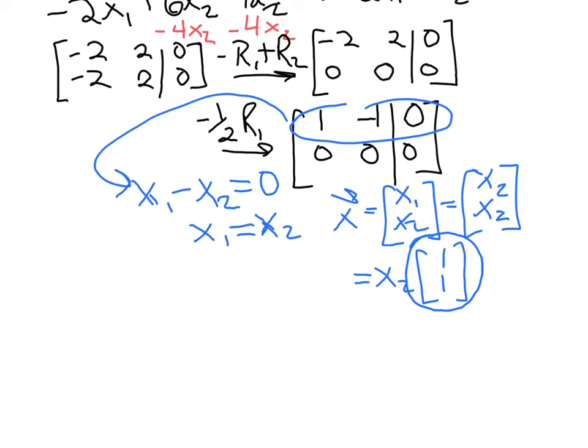Now, since that's the only basis vector we came up with for the eigenvectors for lambda equals 4, this matrix is not diagonalizable. We started with a 2 by 2 matrix. We found only one eigenvector here. So when you form your diagonal matrix,